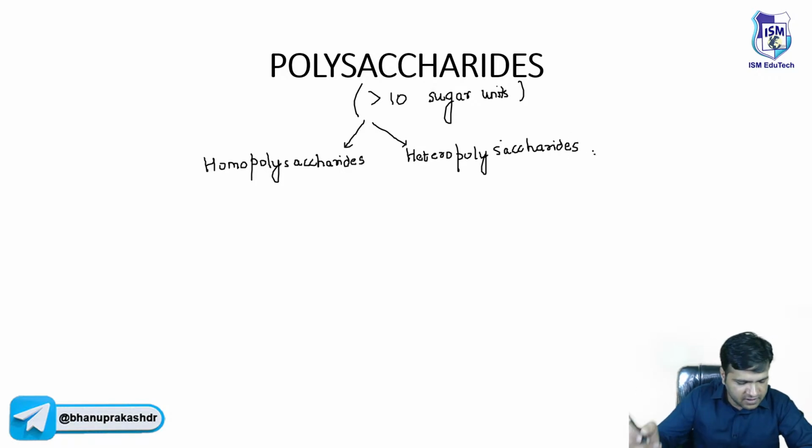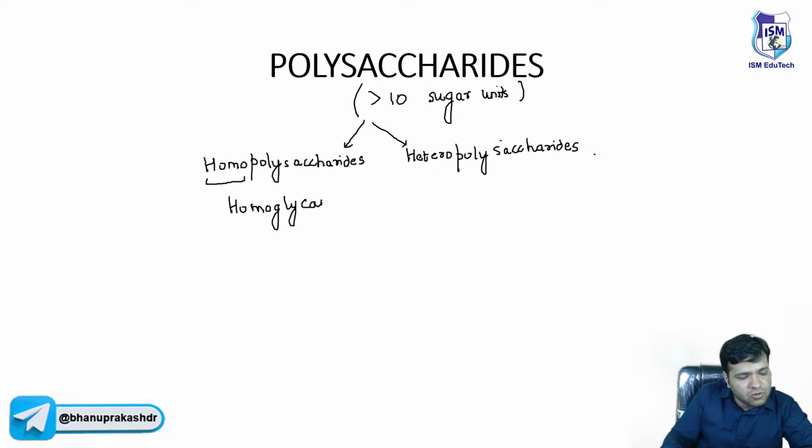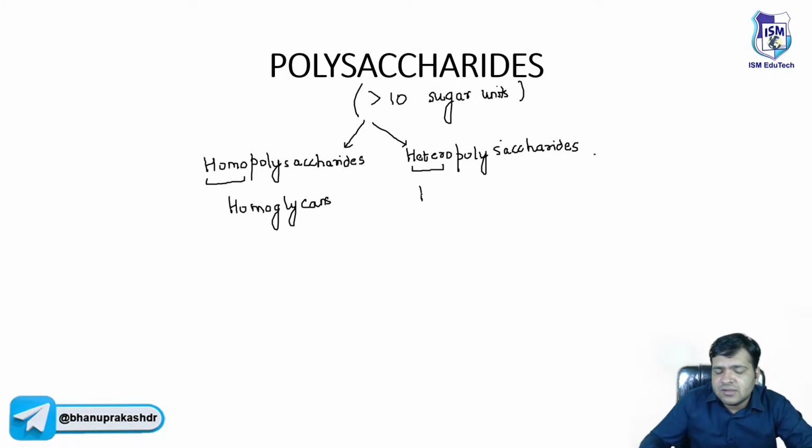Heteropolysaccharides, right? We have homopolysaccharides and heteropolysaccharides. Now, what does homo mean? Same. Homo means same. These are also called homoglycans. And what does hetero mean? Different. So these are also called